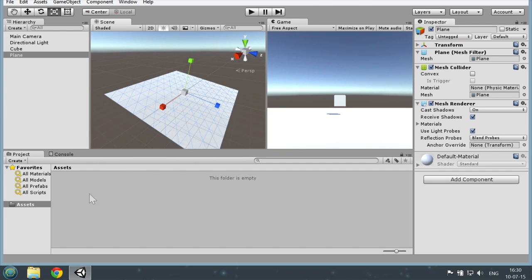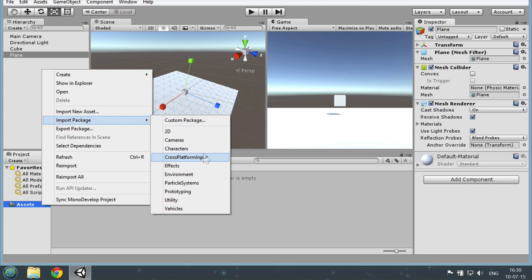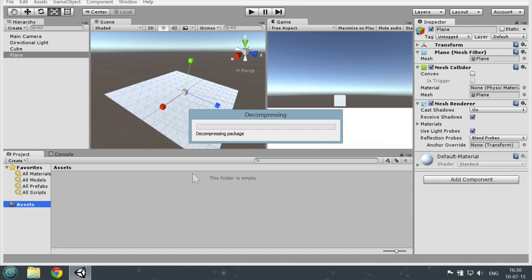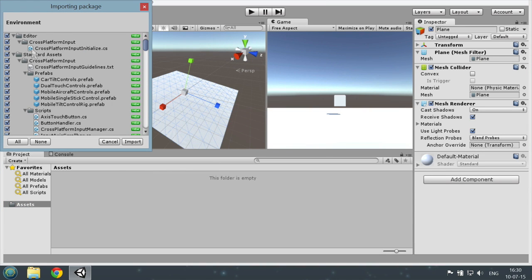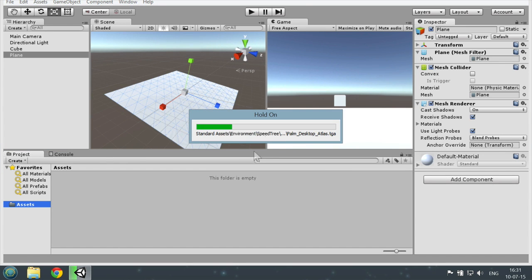I'm going to give it a little bit of a material. I'm going to click Assets and then right click and then Import Package. Here we go. I want to import a package. It's called Environment. So I selected the environment package and now it will decompress stuff. You have to press import to actually get it inside your own project, and now it's importing all these standard